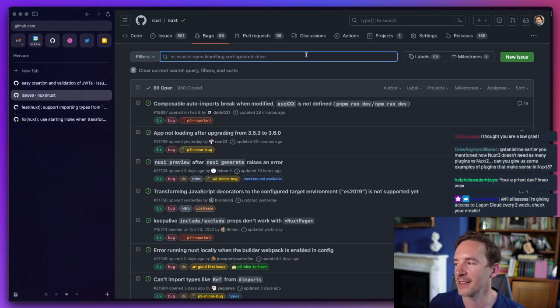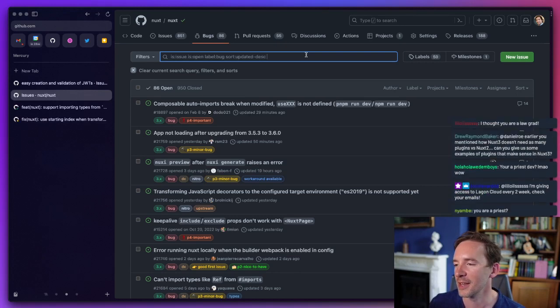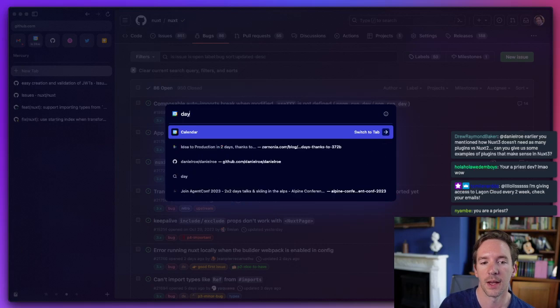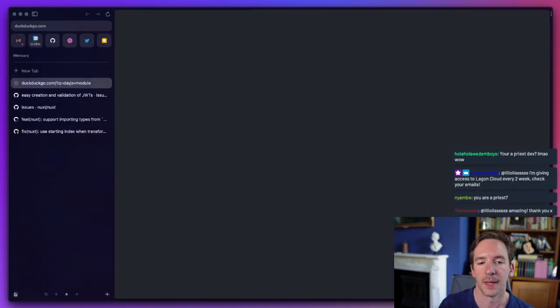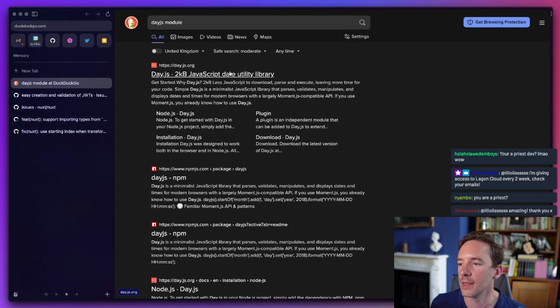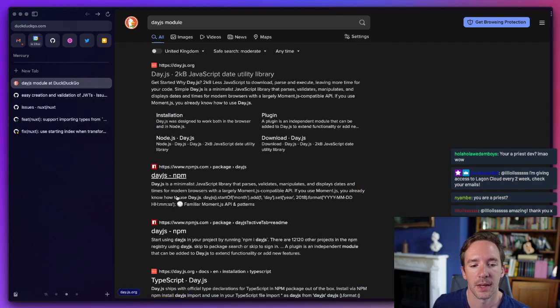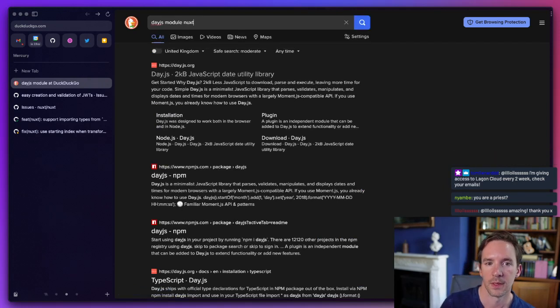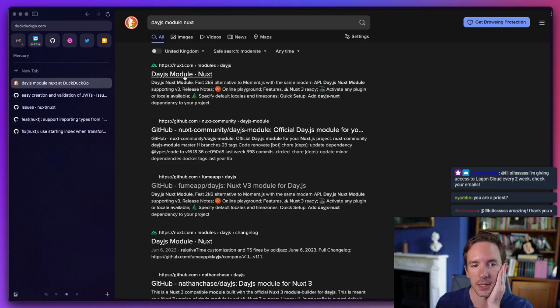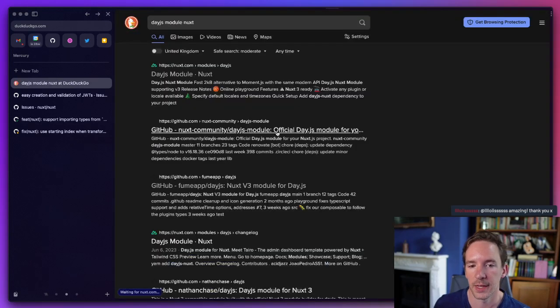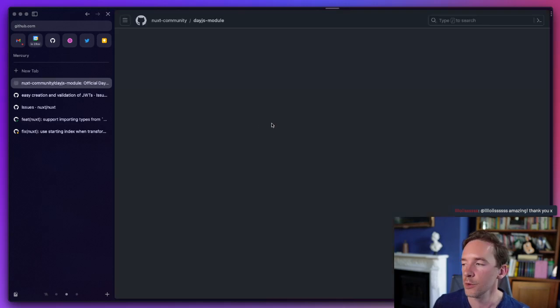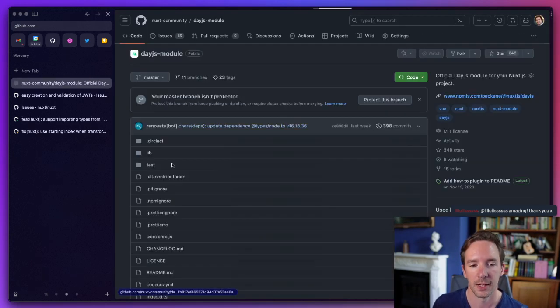So plugins that make sense in Nuxt 3. It depends what you mean. So here's an example of a plugin that doesn't make sense. The day.js module in Nuxt 2 works like so: day.js is a library, and in Nuxt 2, we had a library that injected day.js globally so that you could use it everywhere in your app through $day.js.